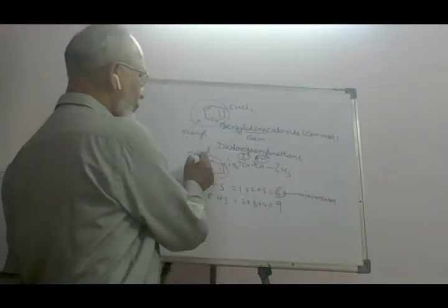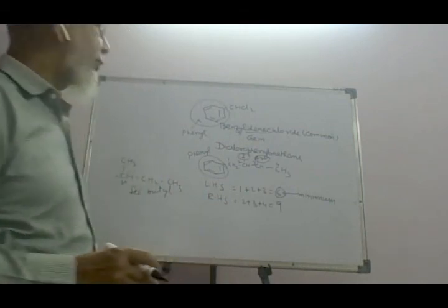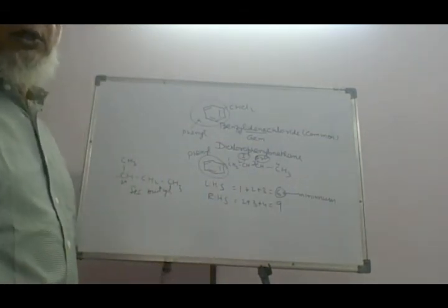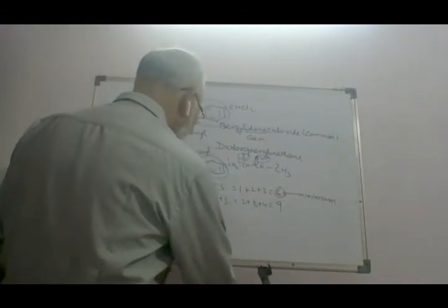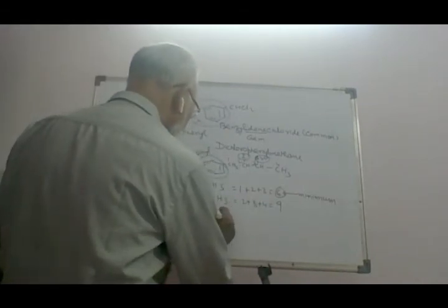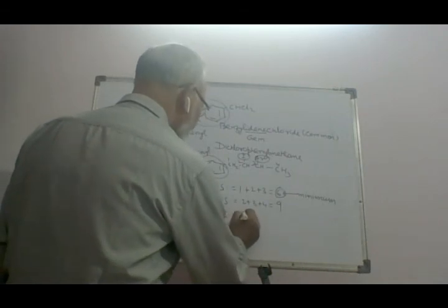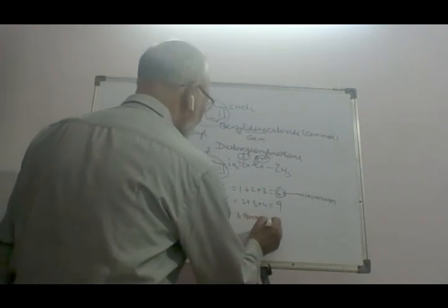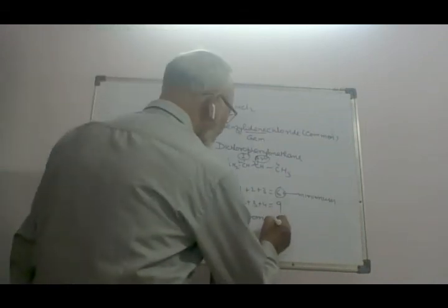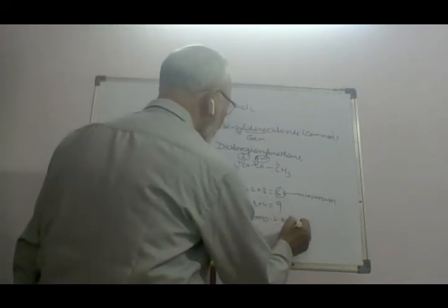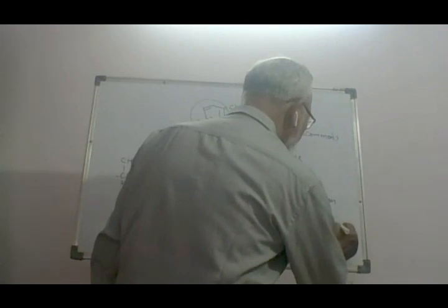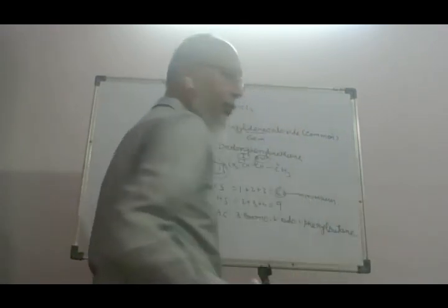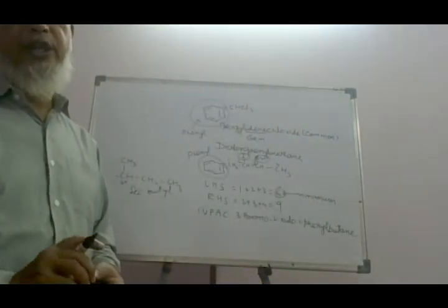At first this is your phenyl group, at second there is the iodo group, and at third it is the bromo group. So their names should be written in alphabetical order, irrespective of their number. The IUPAC name will be 3-bromo, 2-iodo, 1-phenyl, and this will be butane. So this is all about your nomenclature.